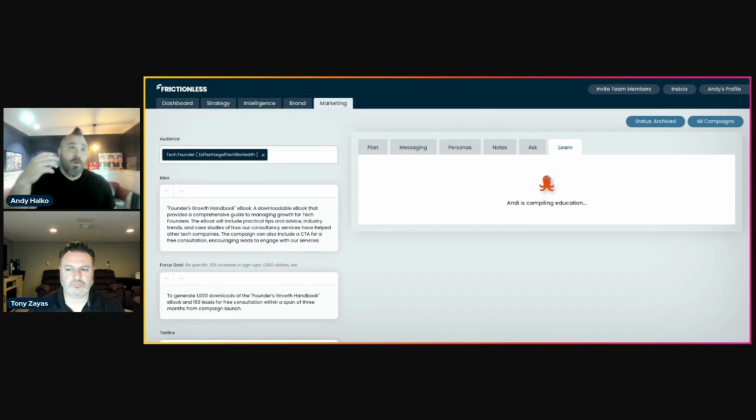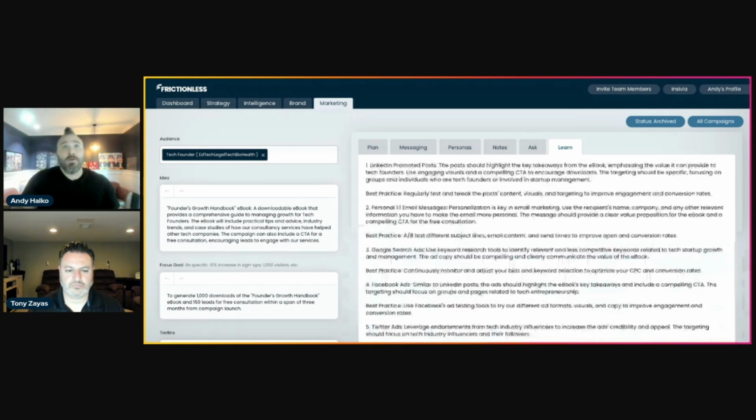And so it's compiling information based on the different channels that we're going to go after and the different personas, just to help give us a leg up and really understand. So you can see here now that I've done that, LinkedIn promoted post. Post should highlight key takeaways from the ebook, emphasizing the value it can provide to tech founders. Best practice, regularly test and tweak post content, visuals, and targeting. One-on-one emails, A/B test different subject lines, email content. So again, the Learn is really about helping us make sure that as we go into executing campaigns, that it's